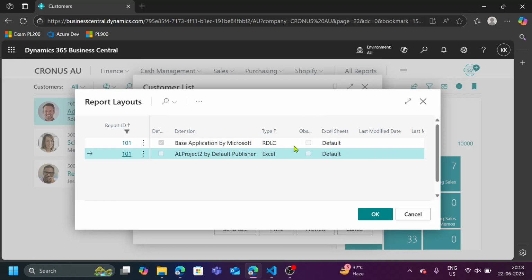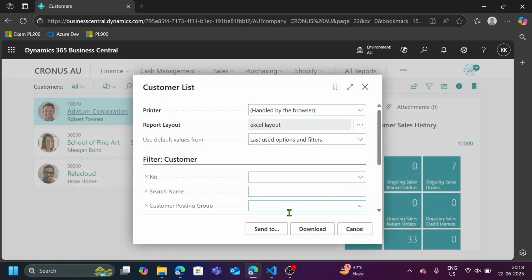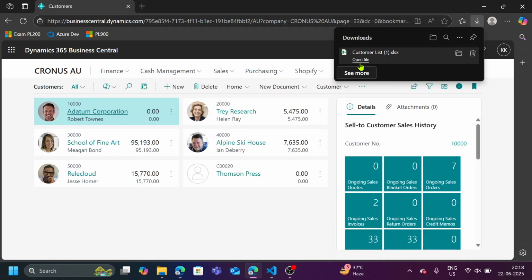And here you can see the type field. The first one is RDLC, which was available by default, and then this is the Excel one I have added. You can see the name of the extension as well. Currently it is not default, so that's why the system is automatically suggesting RDLC only. But I can select this, click on OK, and now you will see that there is no preview option showing up, which is quite obvious. We are working with Excel, so you cannot preview, but you can download this and see the output. So click on download, and it is now in your local. Click on open,